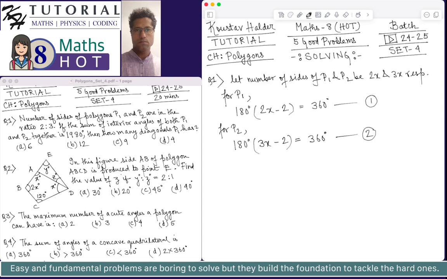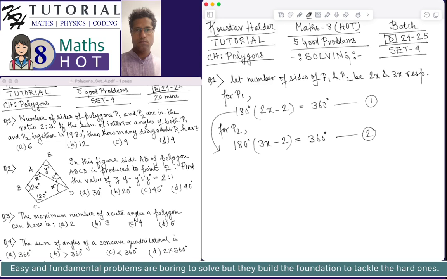I can see that from each individual equation we can find x. I am wondering how we use the information that the sum of the interior angles of both P1 and P2 together is